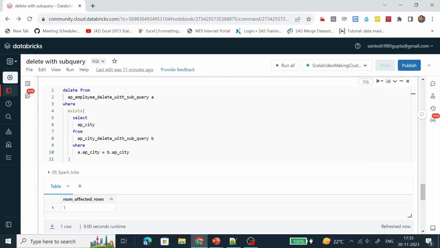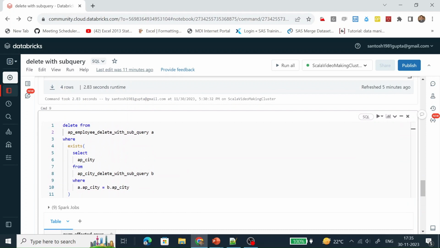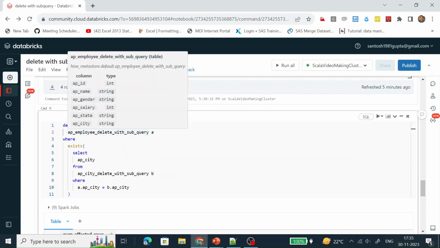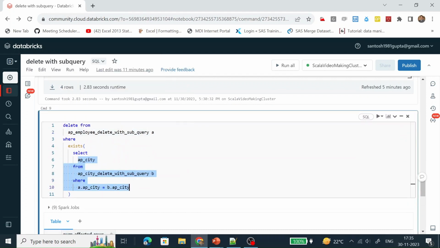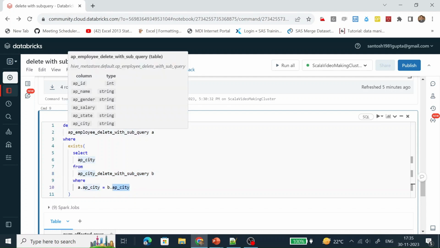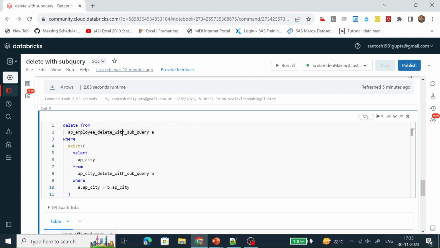So this subquery will fetch the Lucknow data, because this is the only data present in this table. That record will match with the help of AP city equal to AP city. It will fetch, and the Lucknow city is present here also.